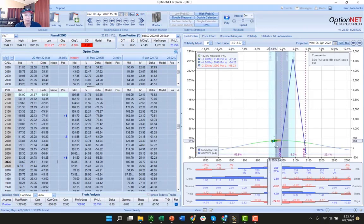So basically what happened is we entered the position, we got this big up pop, we got scaled in, which is what we want to do, and then we got whipsawed to the downside. And this position being a protection type of strategy to the downside, if the market whipsaws too hard as it did here, we pull out of the trade and we exit at our profit, in this case of